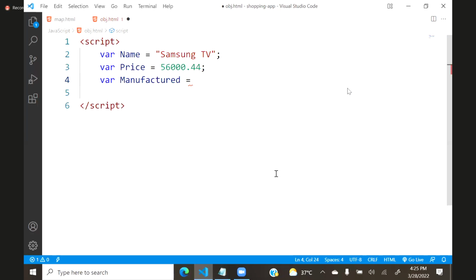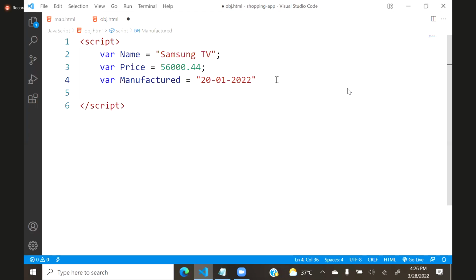So if you want to show it as just a date, then you can write it like a string, like manufactured on 21, that is 2022, like this. This looks like a date, but JavaScript will consider it as a string only. Now the problem with this is it looks like a date and it will print as it is. But if I want to know which weekday it came, is it Monday, Tuesday, Wednesday? Not possible,